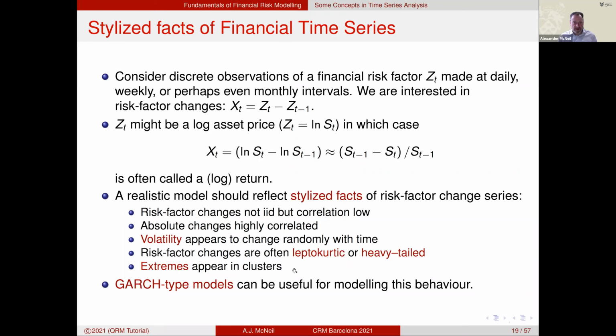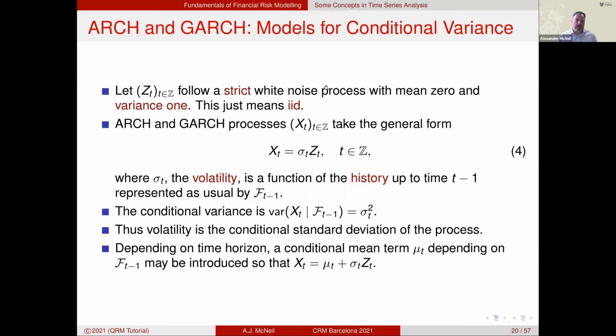And let's skip the final point. For one of my examples, I will use a GARCH model, not because I believe it's the best model, but because it's pretty accessible and can mimic the kind of behavior that we see in real financial data. So it can be useful for reproducing this kind of behavior. So ARCH and GARCH models, this is slightly unfortunate notation because the first line, this is a different ZT, not the risk factor. Should really change this.